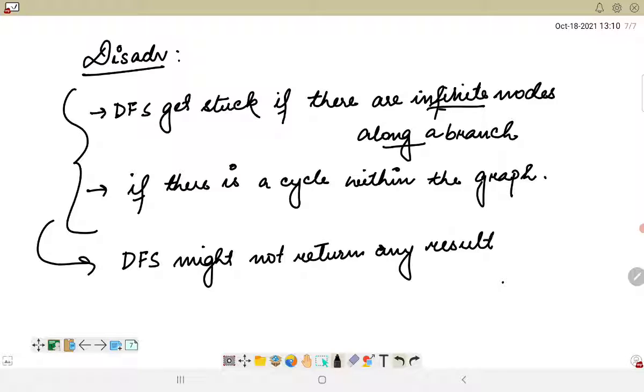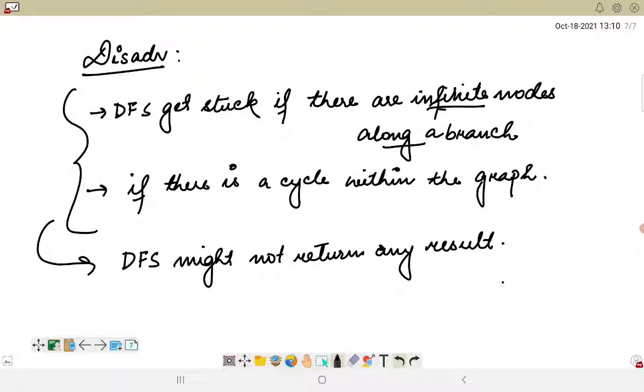So this is how DFS is considered to be an incomplete solution, unlike breadth-first search, because breadth-first search will obviously guarantee us a solution, but in depth-first search it might not be possible that we always get a solution.